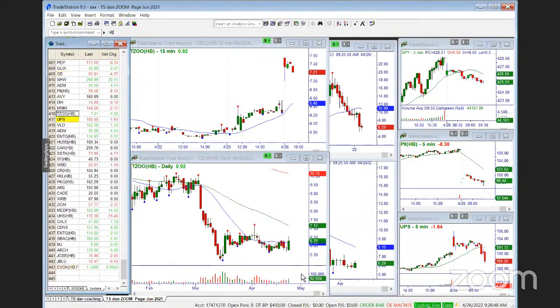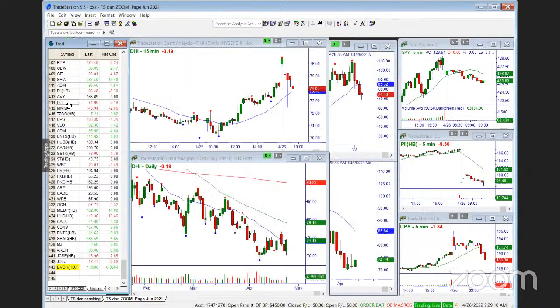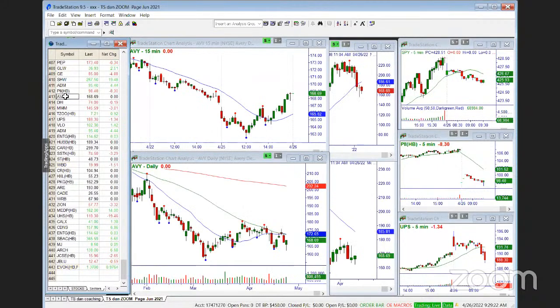McGraw, Tizu, light volume, but gap breakout. We'll watch it on a pullback. Triple M has been dead here. It's been dead money, trading range 146. Bearish gaps are now 30-minute low ideas. DHI was up in the morning, I saw. Now it's coming in. Potential bottoming pattern, but housing has been under huge pressure with rising rates. AVY,